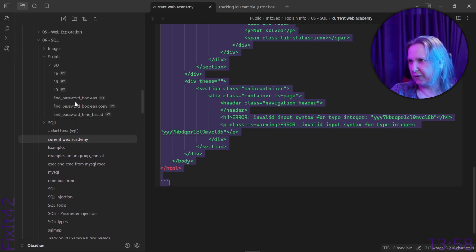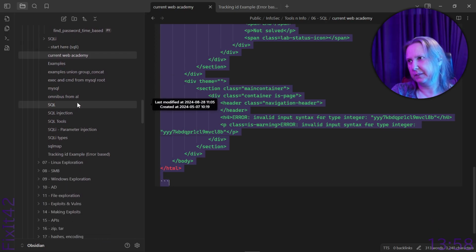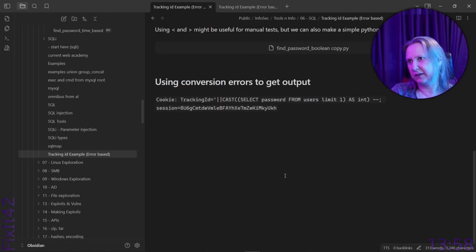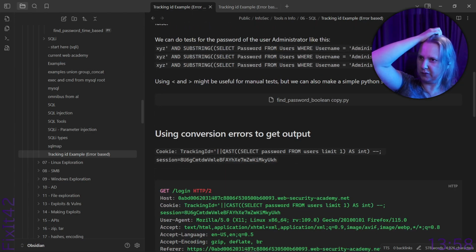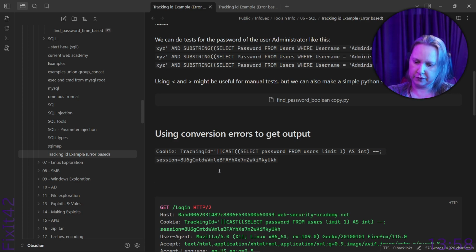So I'm looking for this one type of error-based one. Am I blind? Yeah, this is where. So let's put it here instead, so it's at the right place. So also we had to remove the full. I'm just remembering I did write this somewhere. The full tracking ID